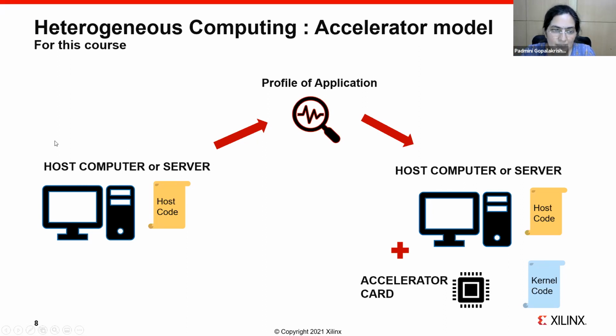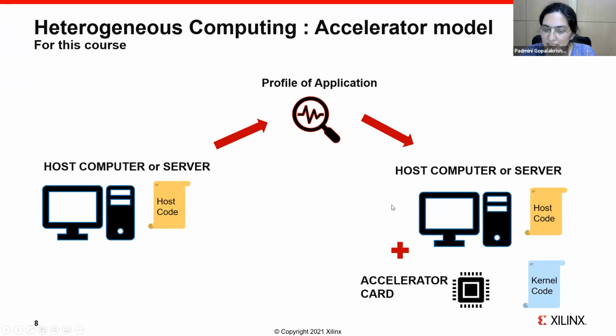So what we'll start with is we take the host computer, profile the application, and then figure out what part of it you want to run on the accelerator. So you start out with code which entirely runs on the host. This is your application.